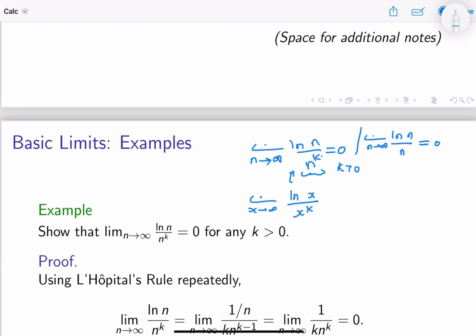Since we're interested in this limit, we might think that L'Hopital's rule is a good tool to use here. So the first thing to try is to plug things in, so quote unquote plug in infinity. So log of infinity is infinity over infinity to the k, which is infinity, and it has the form infinity over infinity, right? So by L'Hopital's rule,